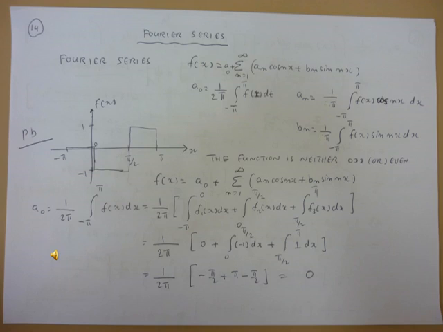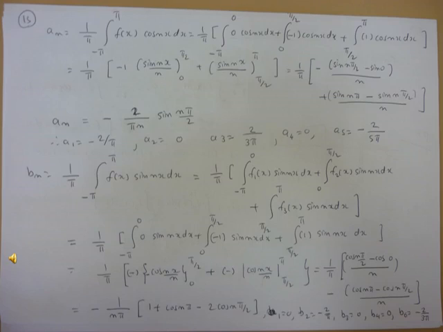Then we write down the equation that we can represent a_n is equal to 1 by pi integration from minus pi to pi f(h) cos nh dh. So it's 1 by pi, integration minus pi to 0, 0 cos nh dh, plus integration 0 to pi by 2, minus 1 cos nh dh, plus integration pi by 2 to pi, 1 cos nh dh. Therefore, 1 by pi multiplied by minus 1 sin nh by n,